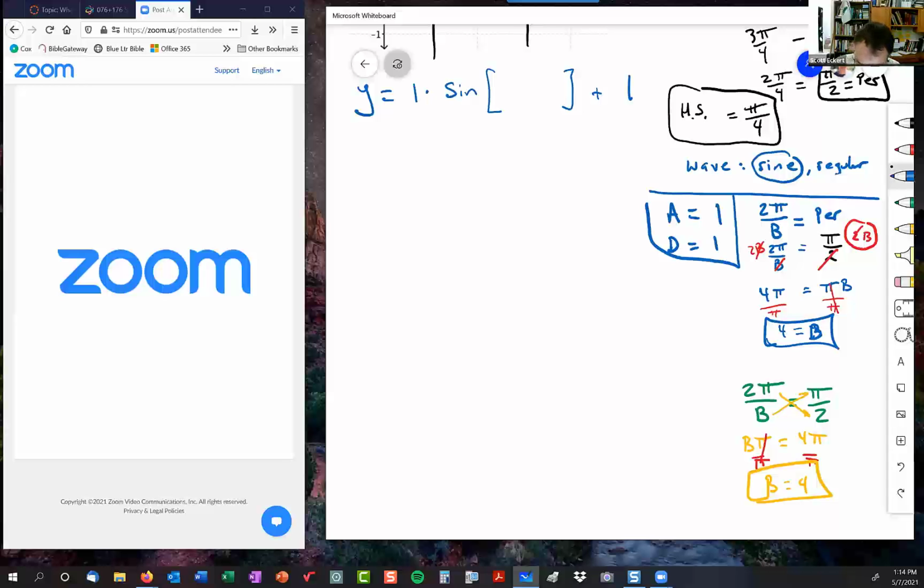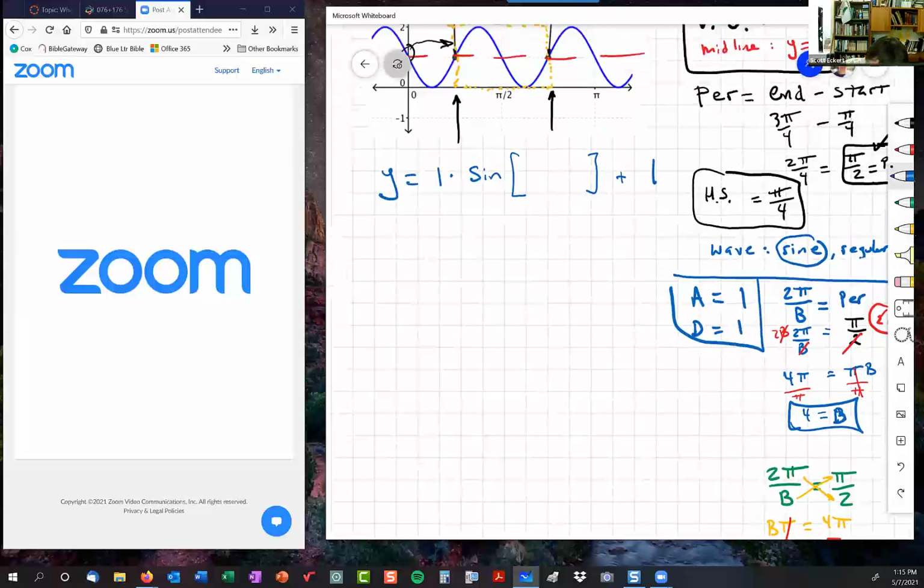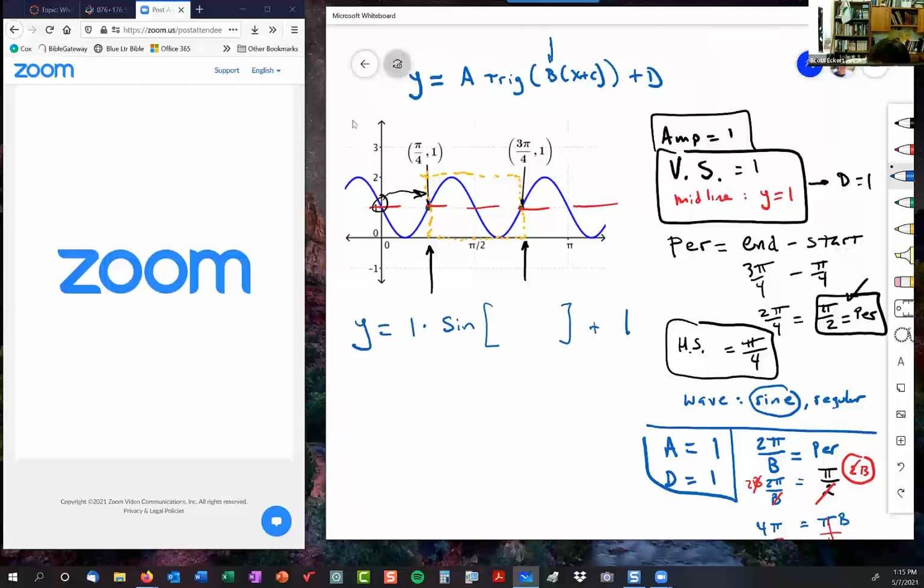Okay, so that takes me to the next part of my equation. I just found the b number. So I'm going to put 4, and then I'm going to put parentheses, because the form of the formula that I'm using is the factored form inside. Now, the c number, we almost are done. The c number is pretty straightforward, except for the plus or minus part. And because we have shifted right,